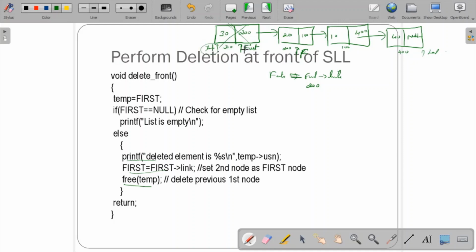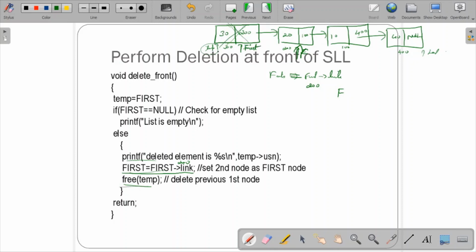So what is the job of deleting at the front? First should be updated. That is first is equal to first link. That first link is 200, so first will be pointing over here. Once first is pointed over here, this node should be deleted. So I'm just telling free temp. This is just a temp now, right? No longer is it first.